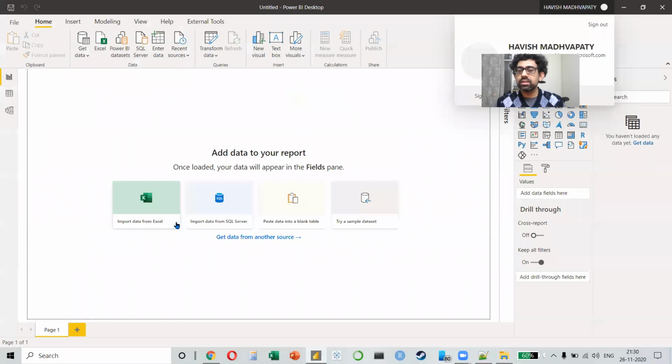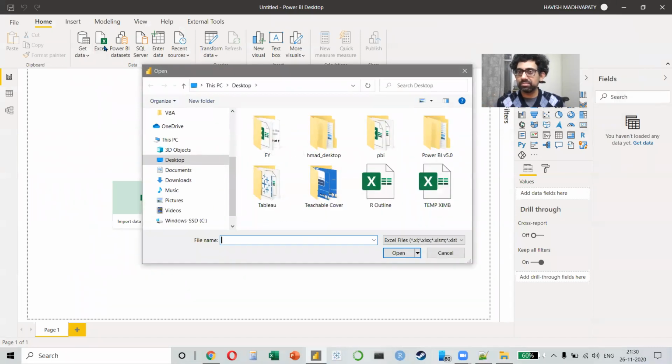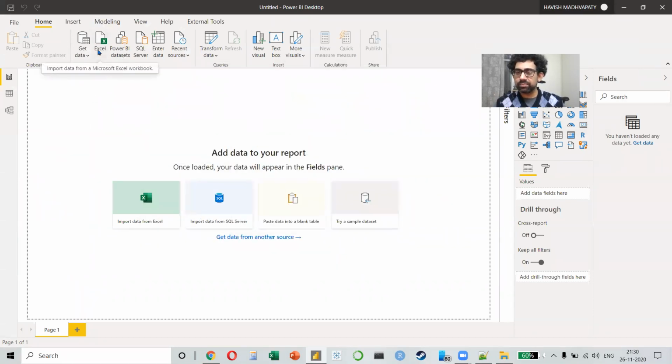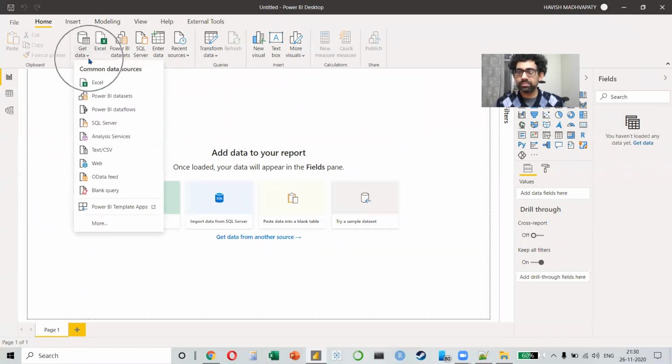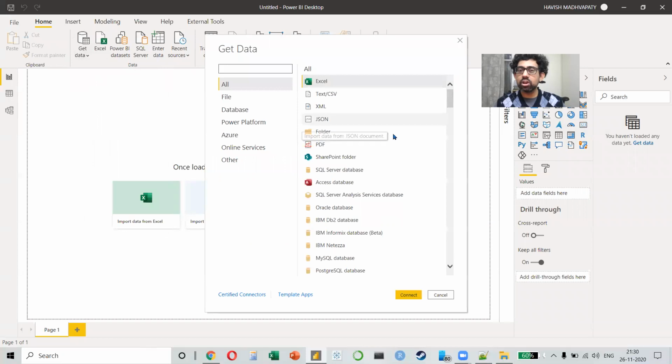Let's see what we do. The first thing that I want to do is to connect to my sales data. But the problem is I don't have the sales data in one file. I have 3 years of sales in a folder. So if you notice, I will not click on Excel, we will click on get data. I select more. And here we have an option to select an entire folder. Amazing, right? So now you can combine the data from multiple files in a folder in a single click without having to open each one of them and copy paste them.